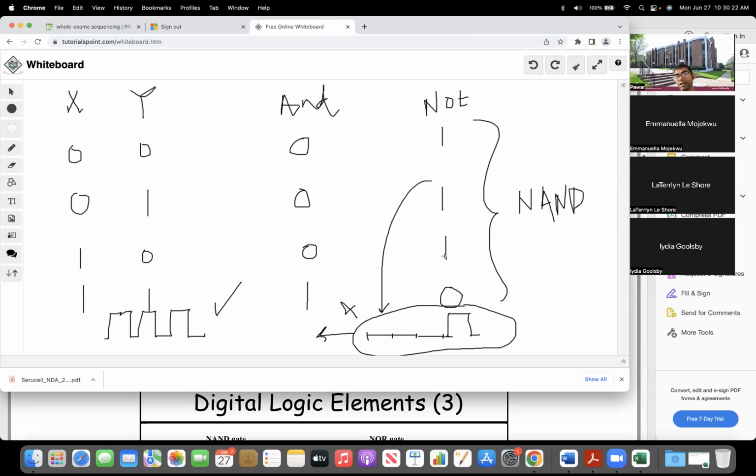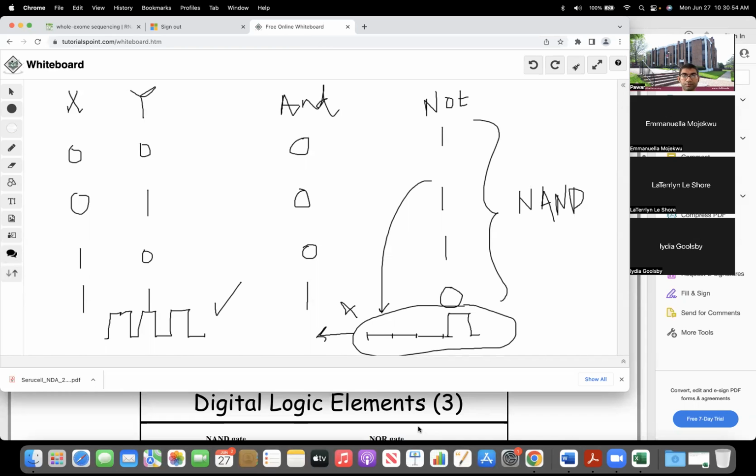Once you have the output, ones are elevation, zeros are depression, and you have your waveform. That's all. I think you understand the truth tables and these 4 gates. These are questions you should expect in your exam. I will also upload the snapshot